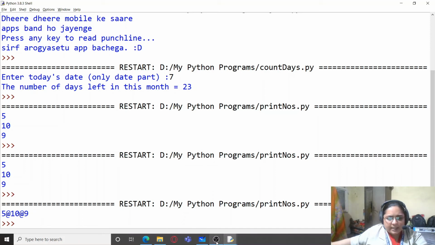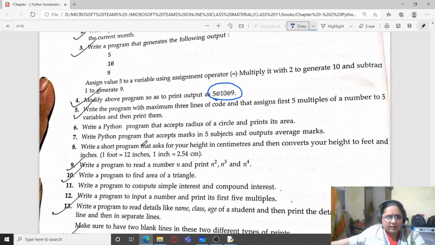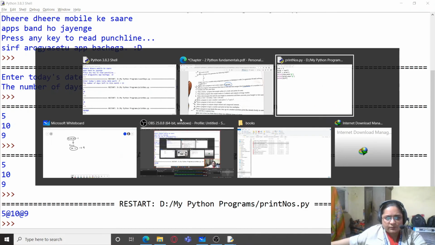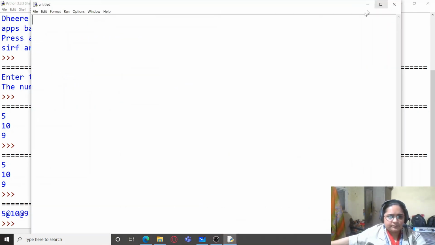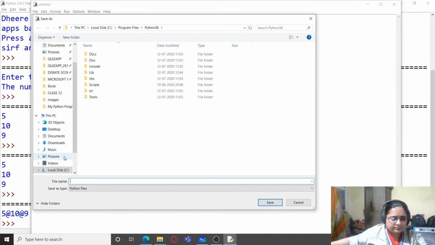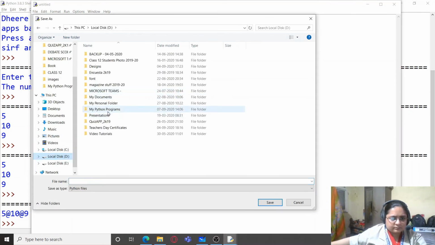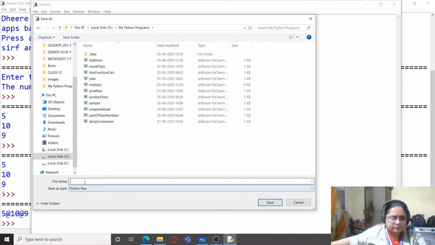Next is, write the program with maximum 3 lines of code that assigns first 5 multiples of a number to 5 variables and then print them. So this also we had seen. Let us do this. We'll save this program as first 5 multiples .py.